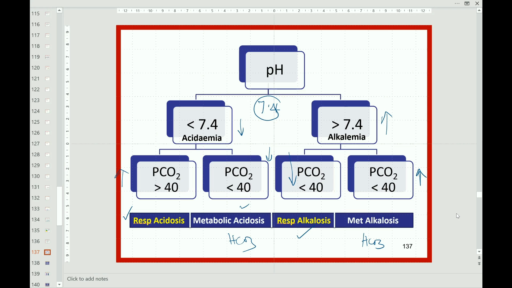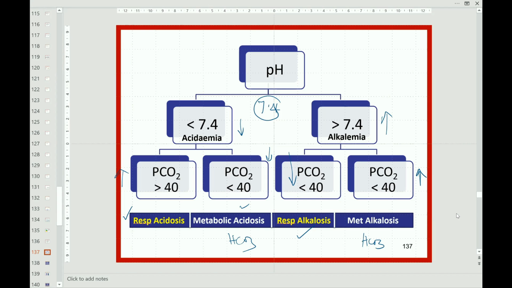More than 7.4, alkalemia, then immediately look at the PCO2. pH is going up, PCO2 going down, they are opposite, less than 40 PCO2, respiratory alkalosis, washout of carbon dioxide, values are lower, PCO2 is lower because of hyperventilation or because of anxiety or because of high altitude or whatever it is. In such a case, that will be respiratory alkalosis. The other way around, last one, pH is high, alkalemia, PCO2 also is high, they are on the same side, we are dealing with metabolic alkalosis.